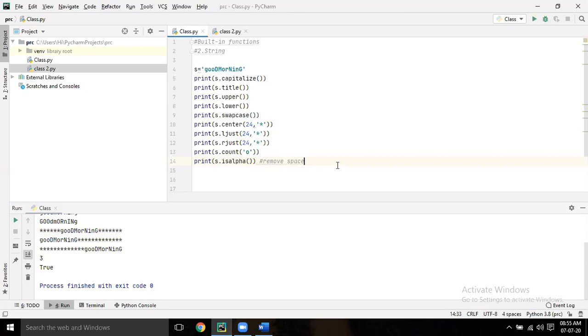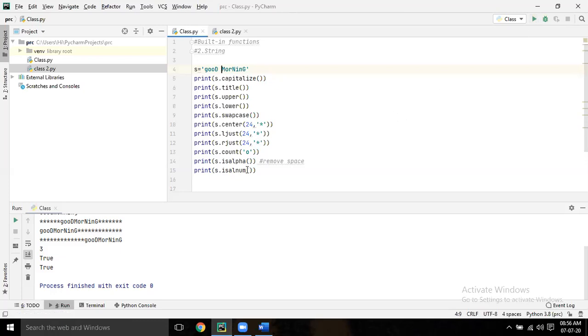Like that, isnumeric. s dot isnumeric. Run it. You have written isalnum, which is alphanumeric.